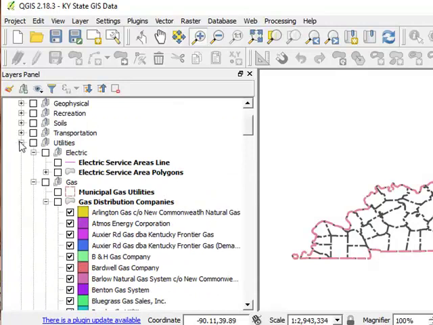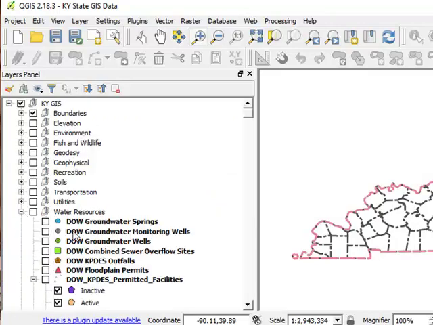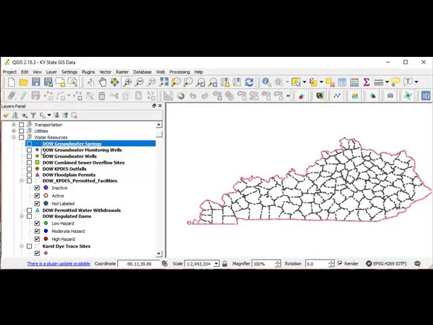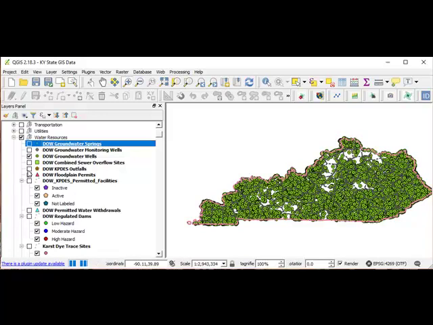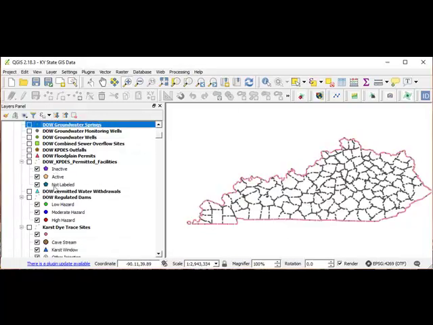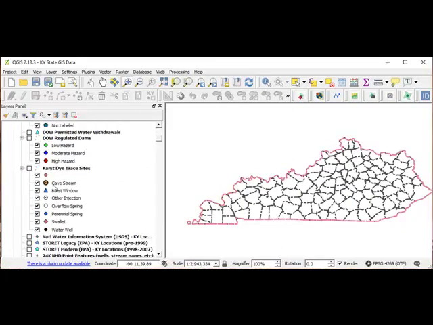Within the water resources group, there's information such as groundwater springs, wells, CSOs and outfalls, regulated dams,